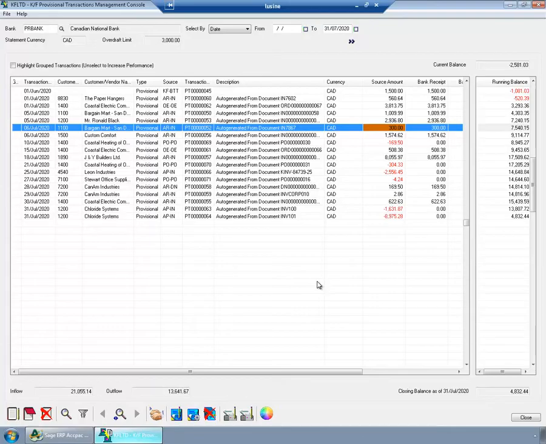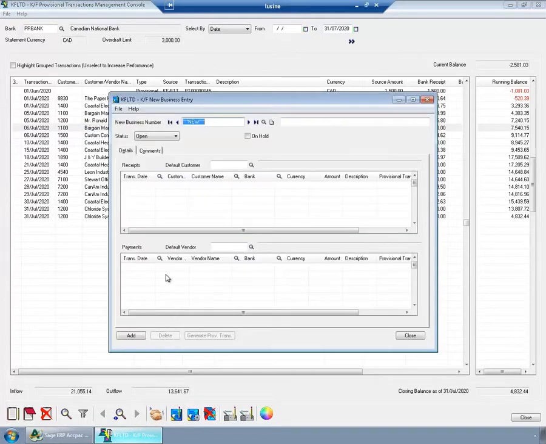Our sales team has informed me that there is a possible new job, and this new job will generate for us 10,000 cash on 28th of July, and we will have to pay 8,500 for it on 27th of July. So I will create a new business. I will say that on 28th of July, I'm expecting to get from customer 1,400 10,000 cash, and on 27th of July,